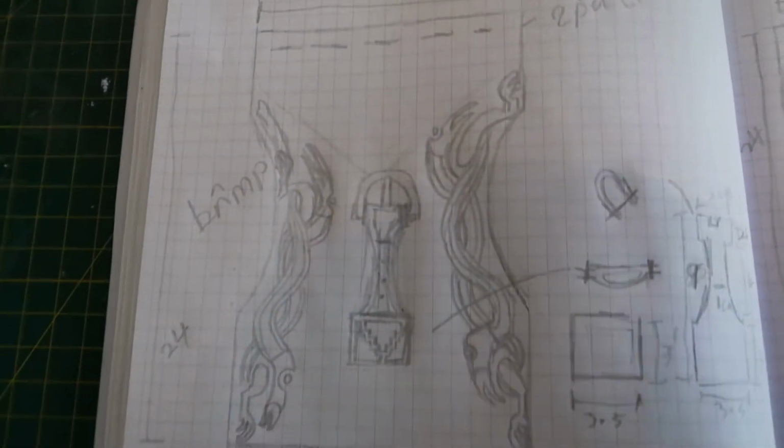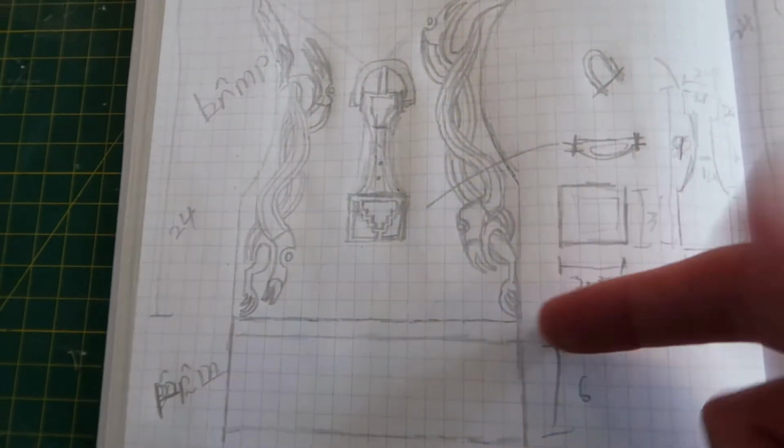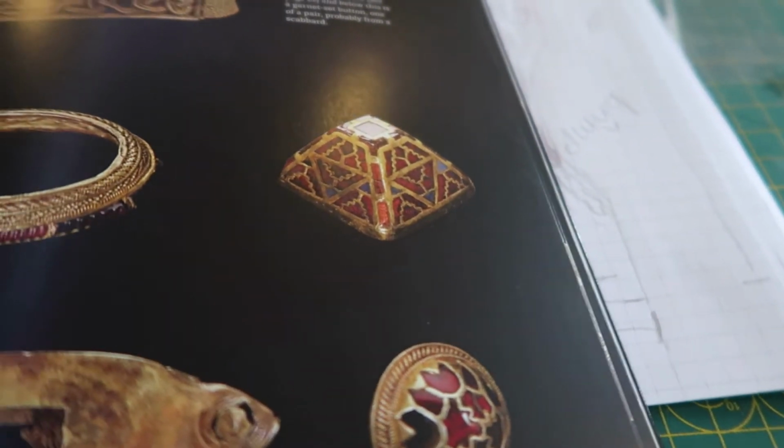Since then I've come up with an idea for the bag that I've drawn here. Now, as you'll see, many of the motifs we've got on here are actually taken from Anglo-Saxon art, in particular the Staffordshire Hoard. You see, what you may be aware of from my lovely accent is that I'm actually from